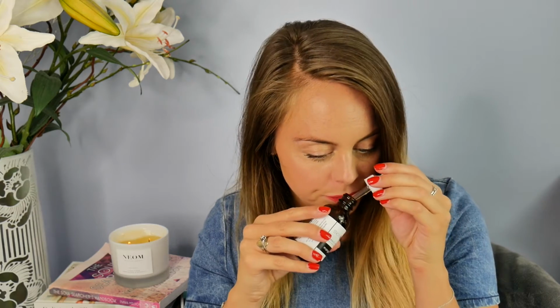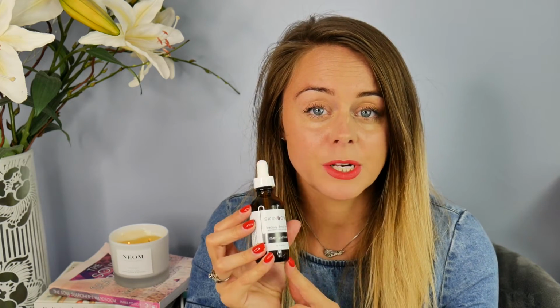I sometimes put it on during the day as well, and it smells of mangosteen, and it's incredible. Oh, it smells so good, like sweets, and it's so moisturising. Just be careful when you're putting it on near your scalp though, because sometimes I get a bit overzealous and end up putting it near my hair, and then I wake up the next morning and my hair's greasy. But this is so good, and I got this from the Beauty Heroes box,